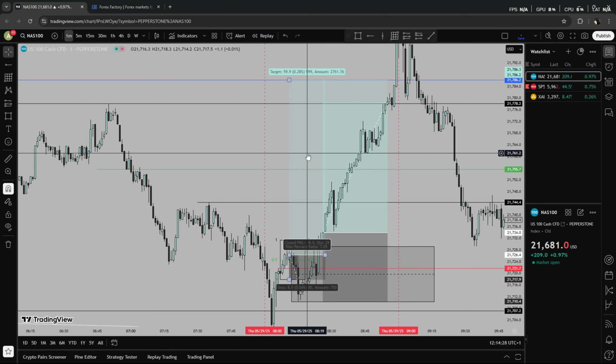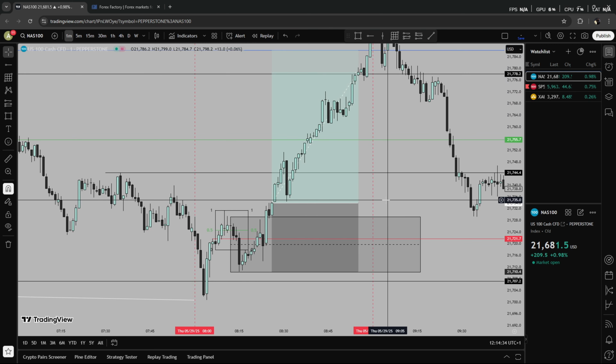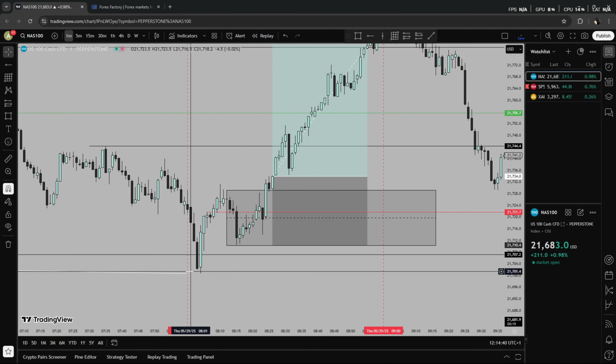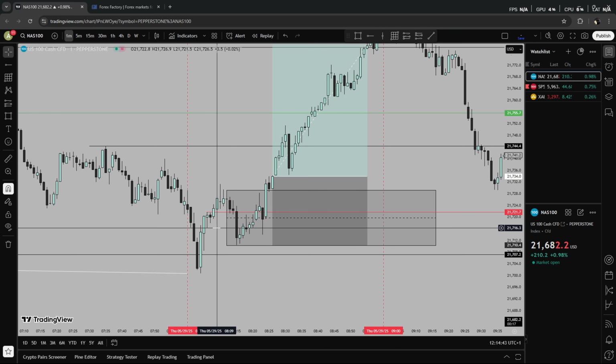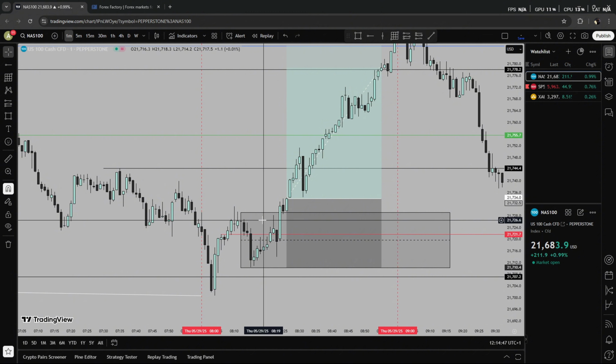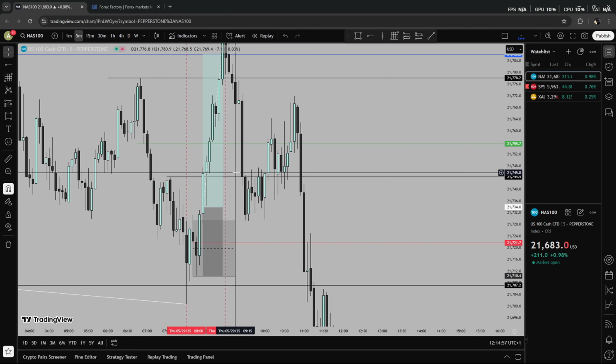Obviously the risk reward was way better, but we're losing, so there's not really a point. You shouldn't be worrying about risk reward too much. If I did that, then I would have got stopped out. Now if I did put my stop loss below this low, I would have hit TP without getting stopped out. But the 5-minute way just seems a lot better. Maybe if I'm really confident about my bias, I will probably do it on the 1-minute, but today was a good day to do it on the 5-minute.